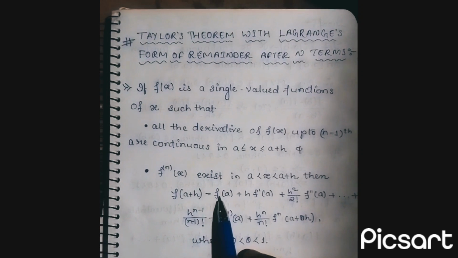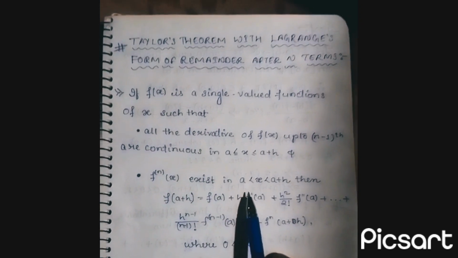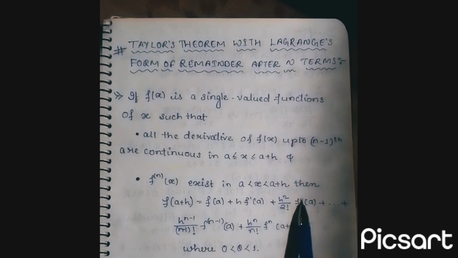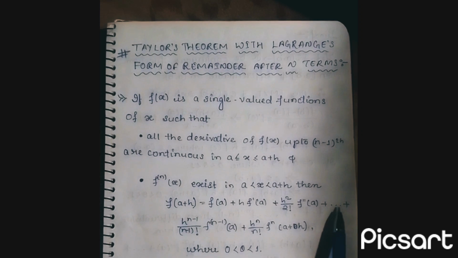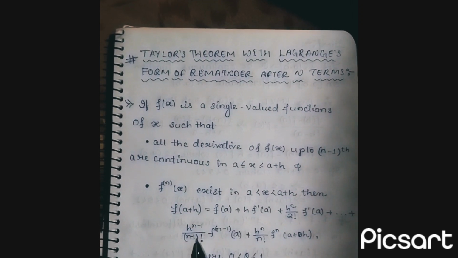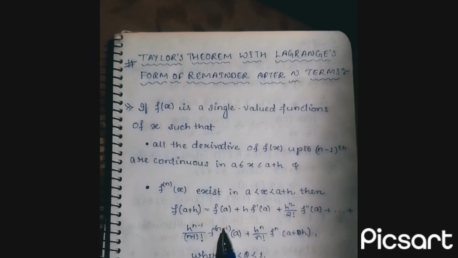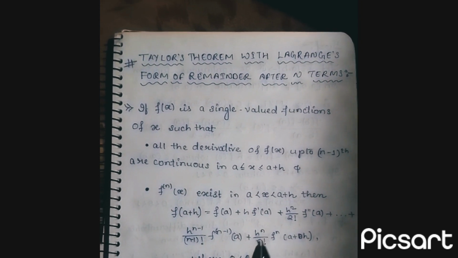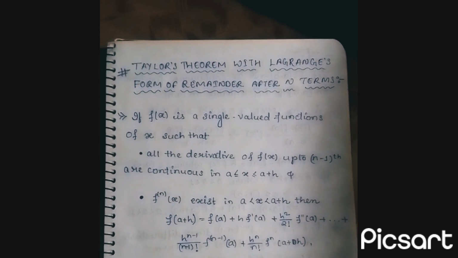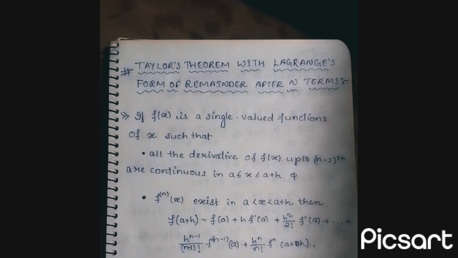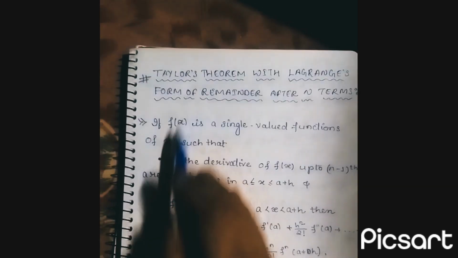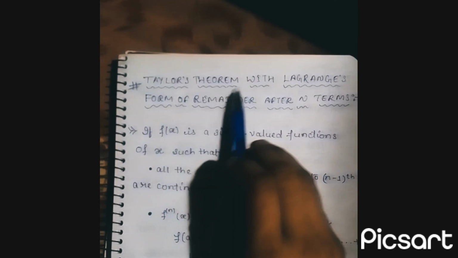f(a+h) is equal to f(a) + h f'(a) + h² by 2 factorial f''(a) + ... फिर प्लस h to the power n minus 1 by n minus 1 का factorial f^(n-1)(a) + h^n by n factorial f^n(a + θh) where θ is greater than 0 but less than or equal to 1। तो ये है तुम स्टेटमेंट टेलर्स थ्योरम विद लैग्रेंज फॉर्म